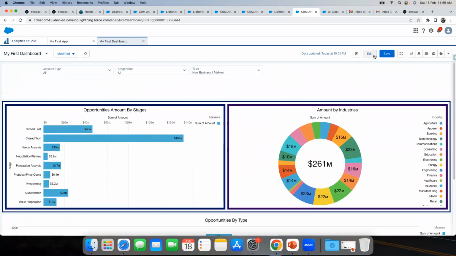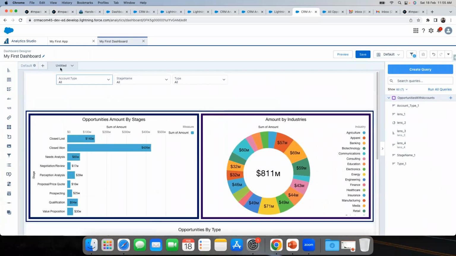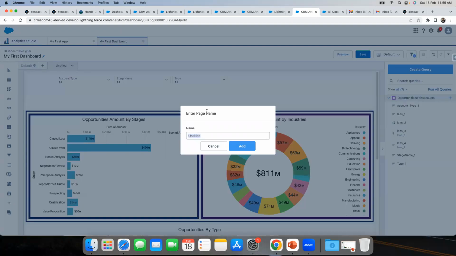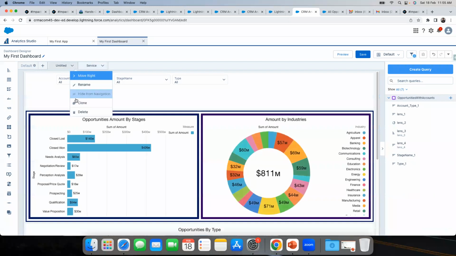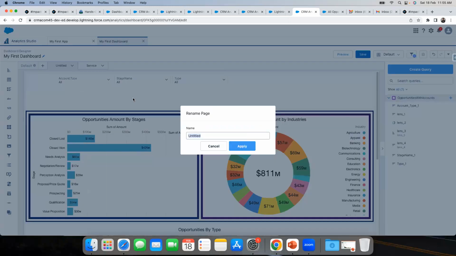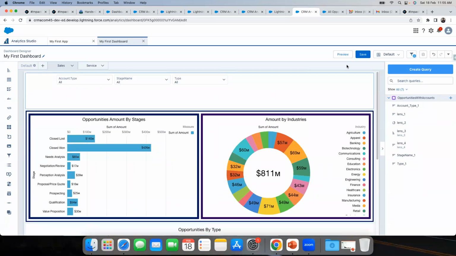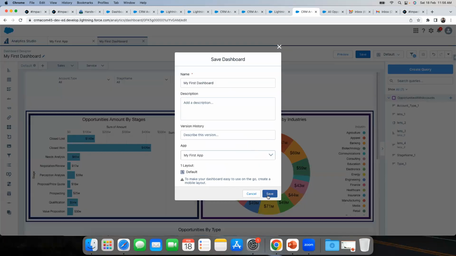The last part which we will cover is the navigation. So let's say if you have multiple pages on a single dashboard, first of all, I just want to tell you, you can add one more page or multiple pages on a single dashboard. So let's say I say service, I've created one more page named service and renamed this particular one as sales, and click on save,